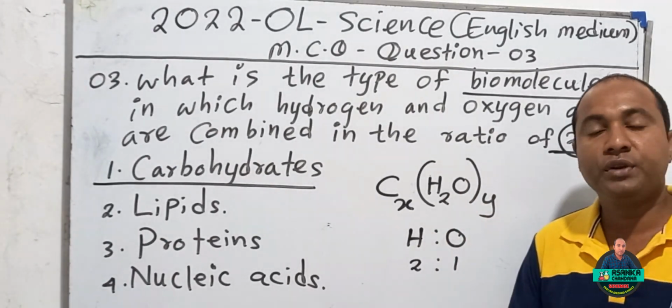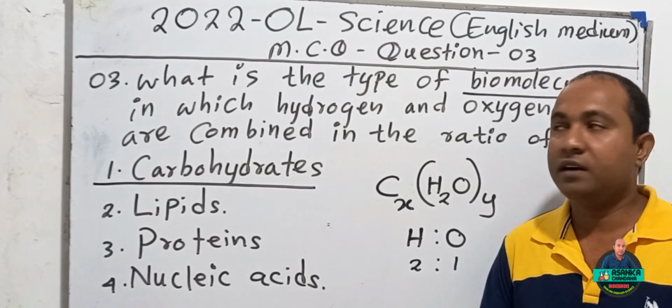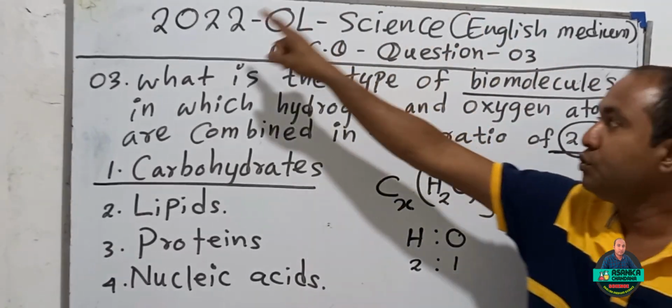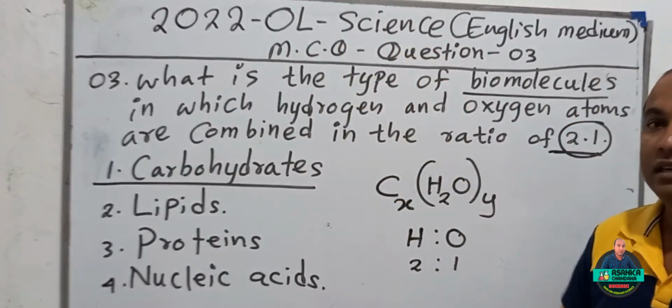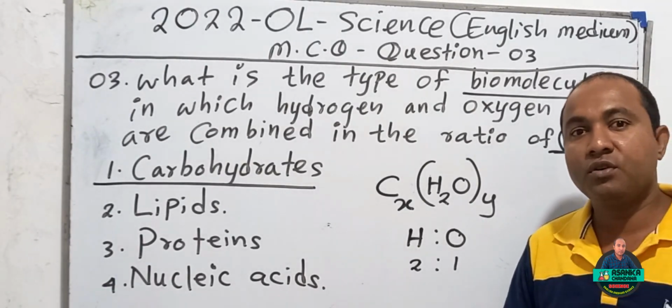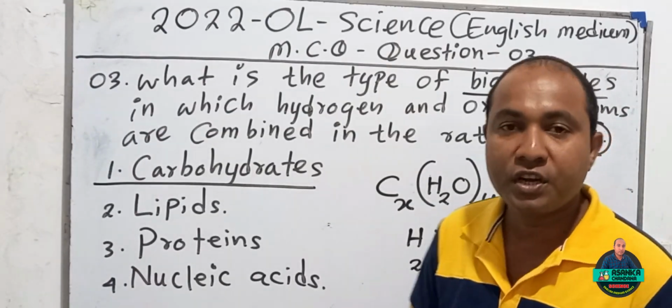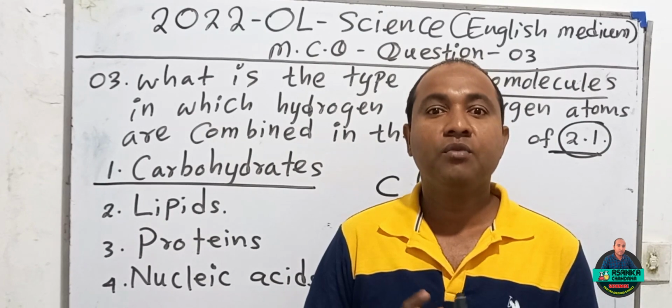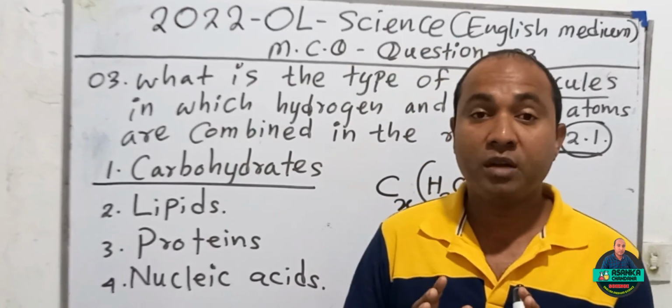Now you could understand how to take the answer for question number 3 of the 2022 O-level science English medium paper. Then we will go to take the answer for question number 4. Question number